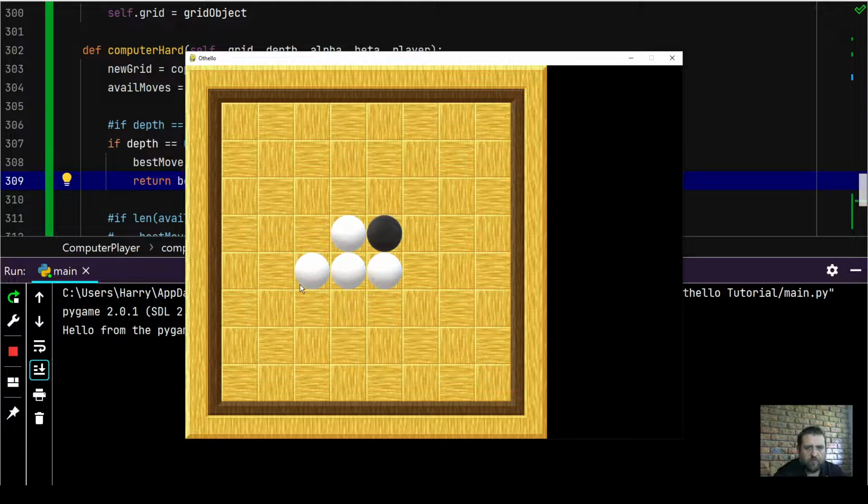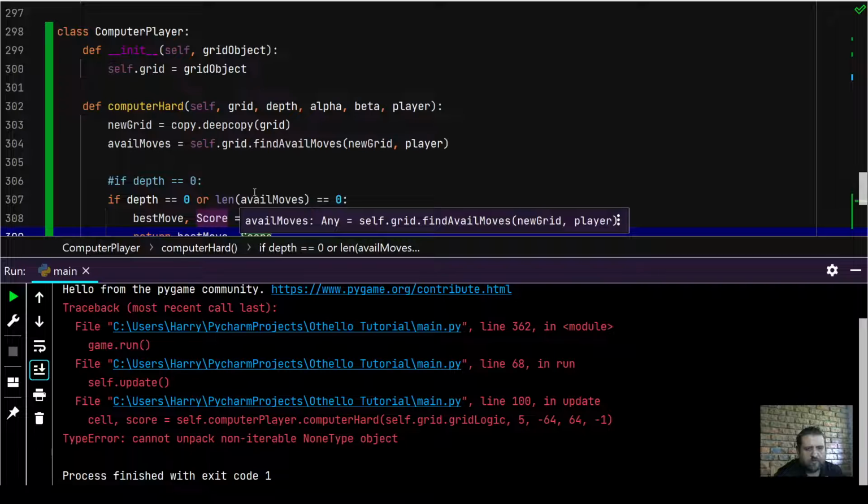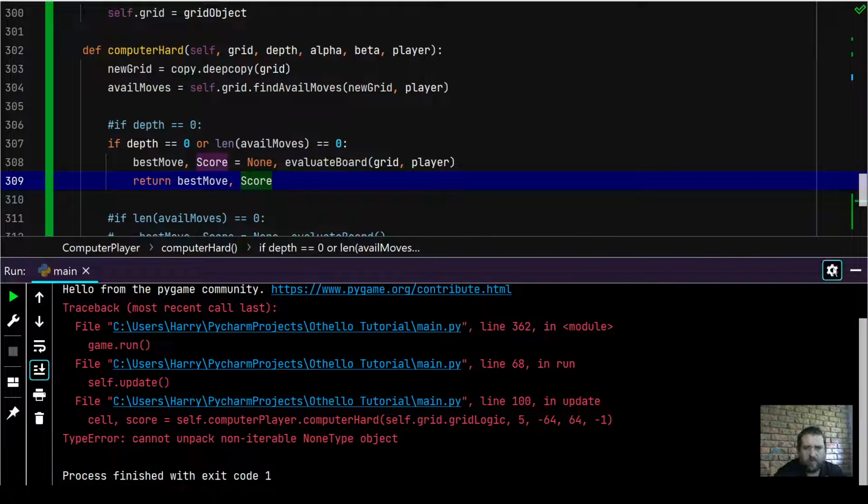I'll make a move. Computer makes moves. Cell, score, self, computer play, computer hard. Cannot unpack non-type object. Line 100. So when it's calling the computer method,